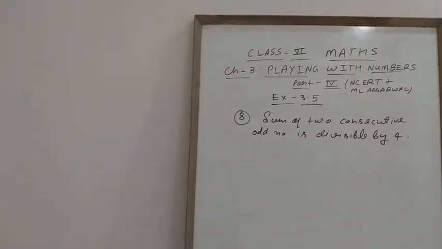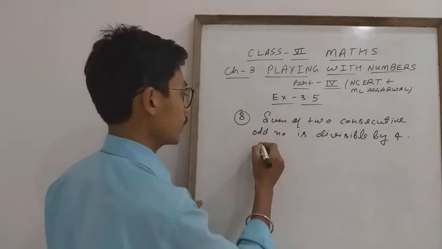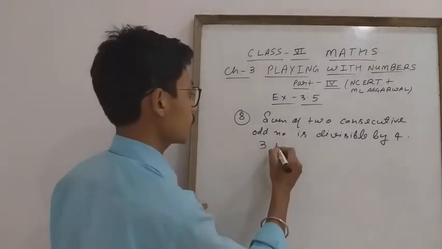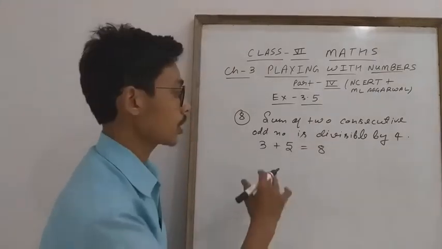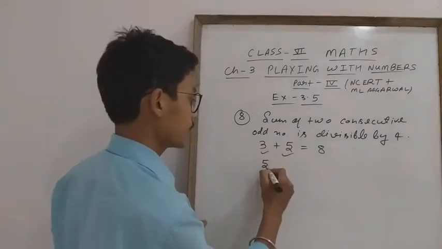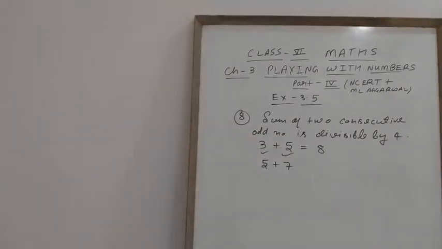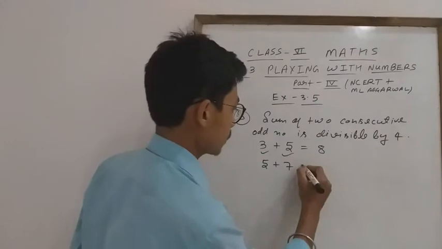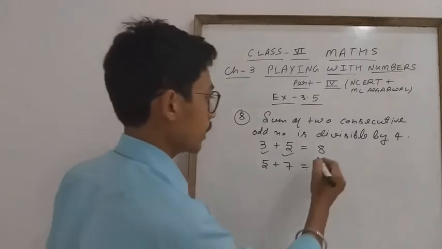We will discuss with the help of an example. The sum of two consecutive odd numbers is divisible by 4. So listen here, like two consecutive odd numbers, students. If I take 3, then the second consecutive odd number will be 5. Now 3 plus 5 is 8. Consecutive means continuous, like after 3 it will come 5. Let us assume another example, 5 plus 7. Clear everyone? 5 and 7 are also consecutive odd numbers and their sum is 12. Now you have to check whether they are divisible by 4 or not, because you have to verify. So here it is divisible by 4.